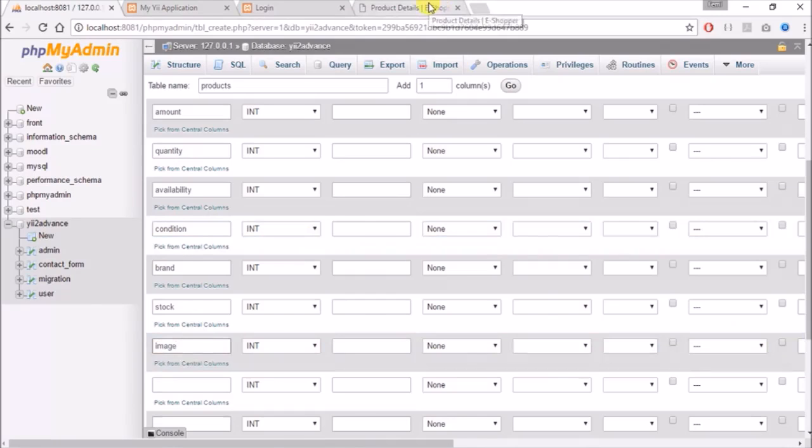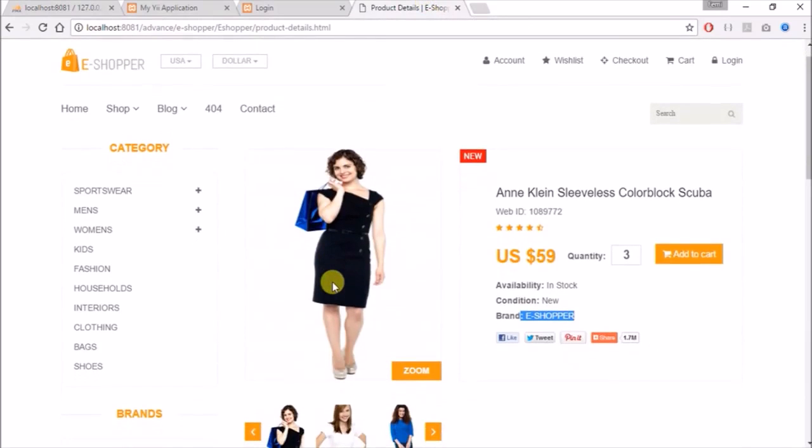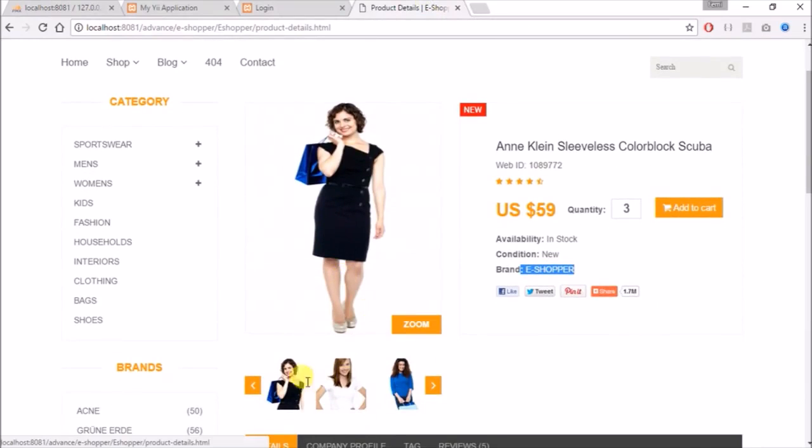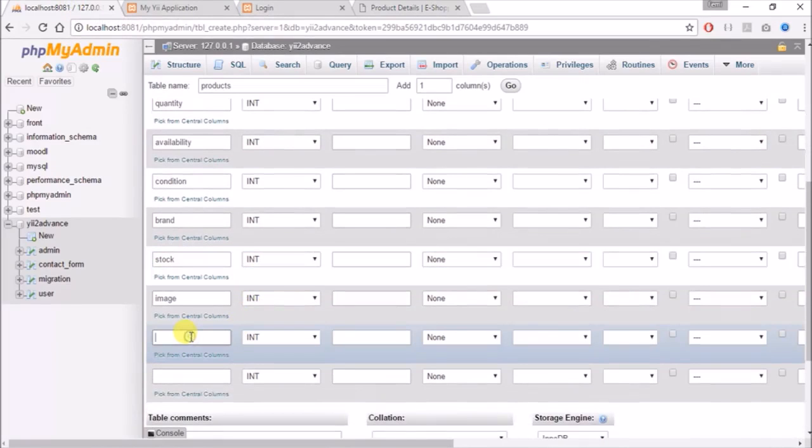Right now we'll be dealing with one image. This is the main image that will display here, but later on I'll show you how to upload multiple images to a single record. So image, created at, and status,